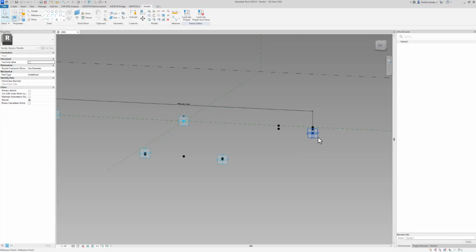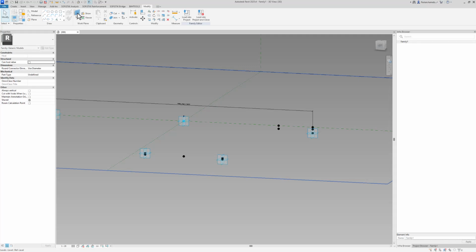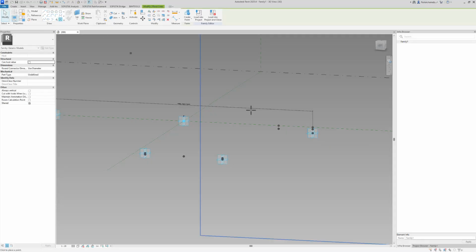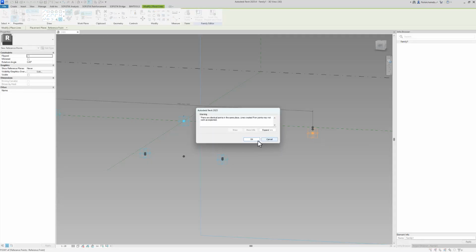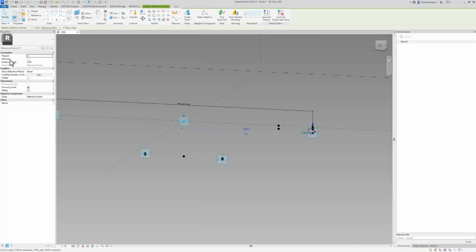What I want to do is in this plane, I want the program to automatically rotate an offset reference line. How do we easily do that? We set the reference plane to this vertical plane of this point. We create a new point in it. And what I want to do is I want to assign a rotation angle.